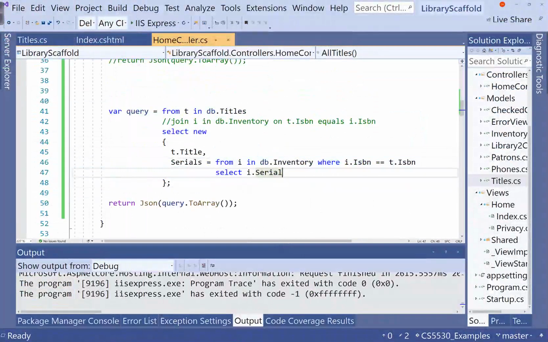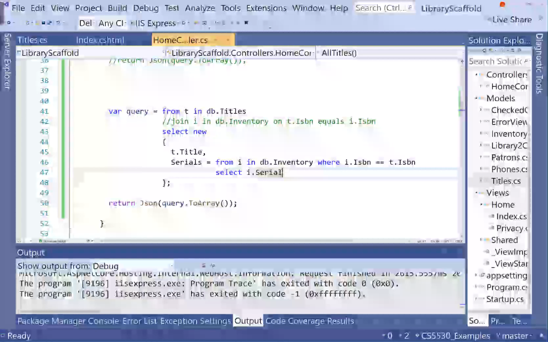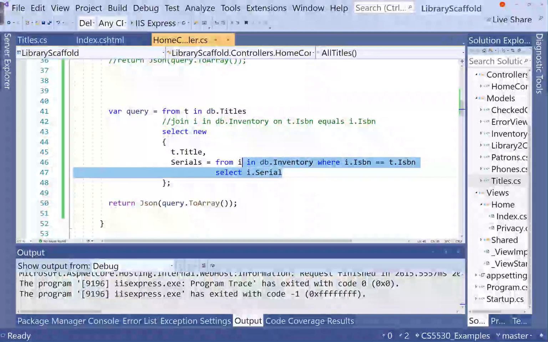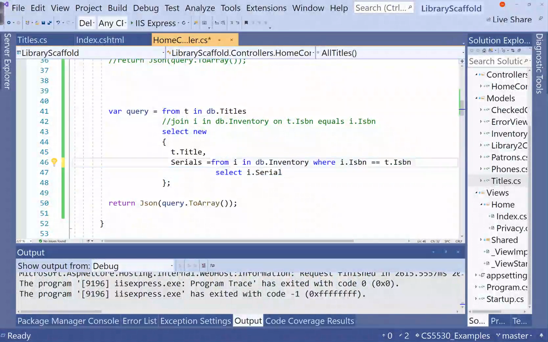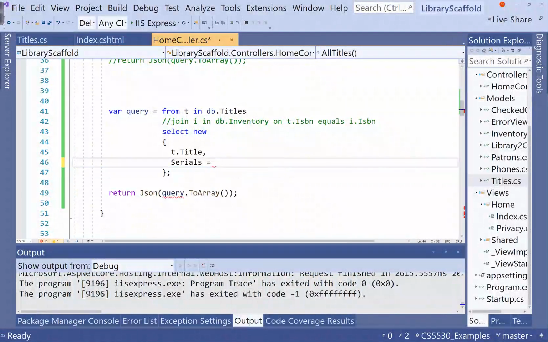So all we need to do, instead of this whole nested query here, is serials equals T dot